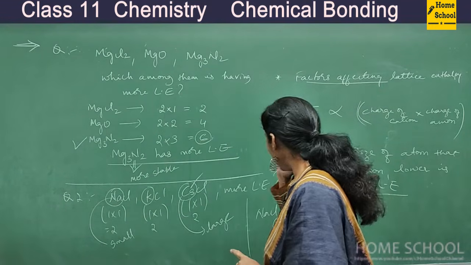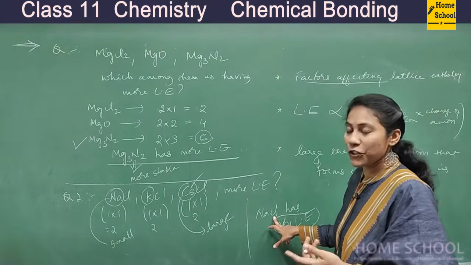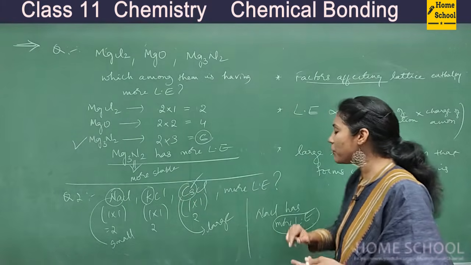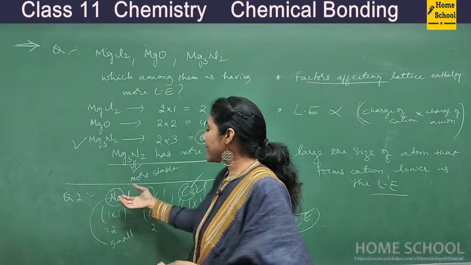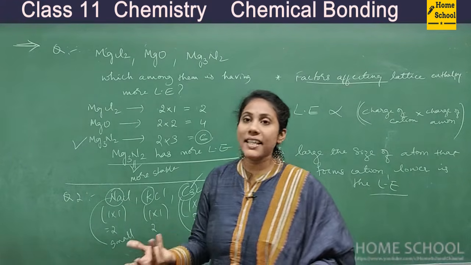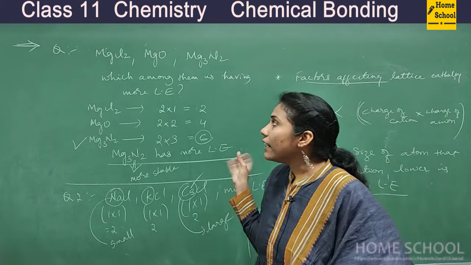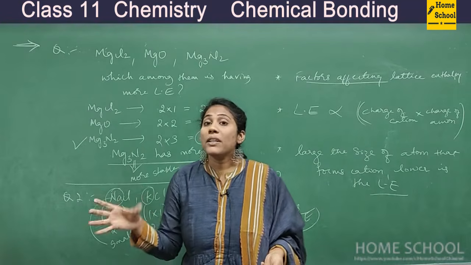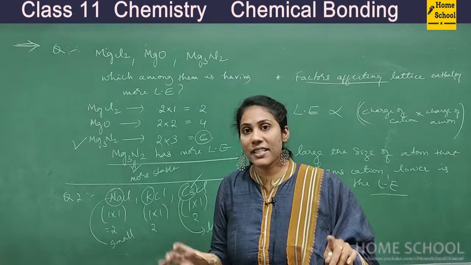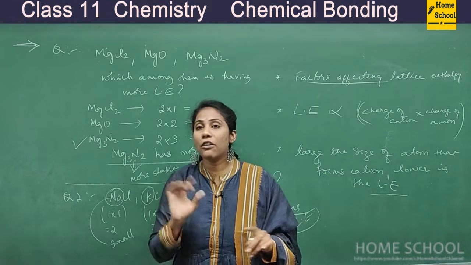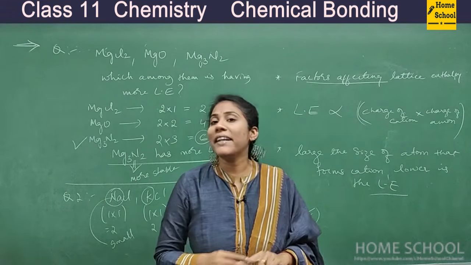Here you observe one thing, more lattice enthalpy you got for NaCl, right? So if I ask you which compound is more stable, then definitely, based on lattice enthalpy, if you are telling NaCl has got more lattice enthalpy, then NaCl is the more stable ionic compound. So this way you can conclude a few aspects about the stability of ionic compounds. This is how questions can be asked, and this is how you will have to work out the questions. And now coming to the properties of ionic compounds.